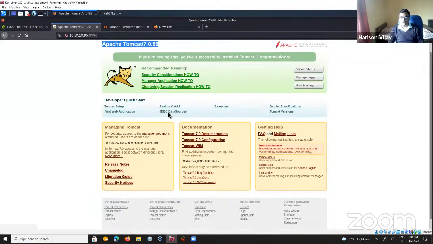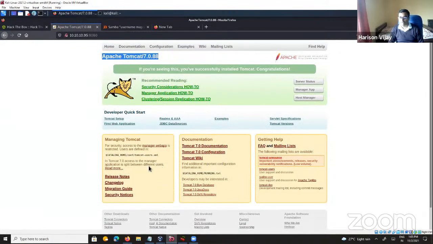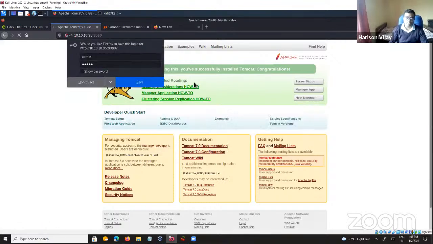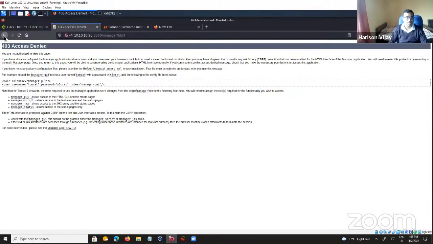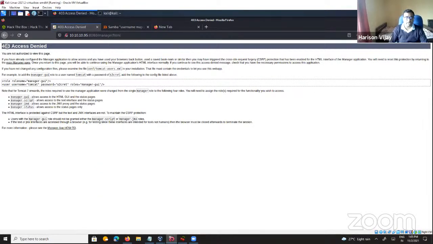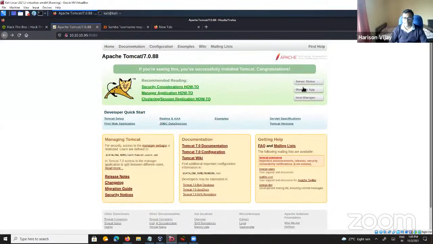So if you want, you can click on the different things and see how things are configured. But my interest is to get into the manager section. I'm trying different things. Okay, it says access denied. I tried admin. Okay, I think it's saving my cookies. Anyways,